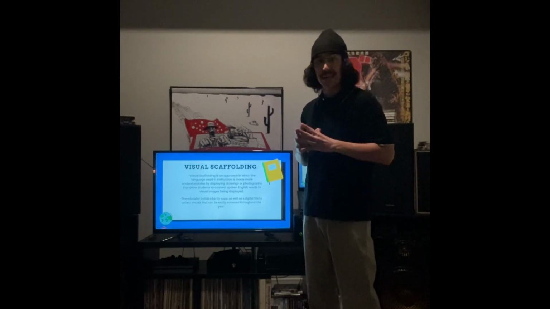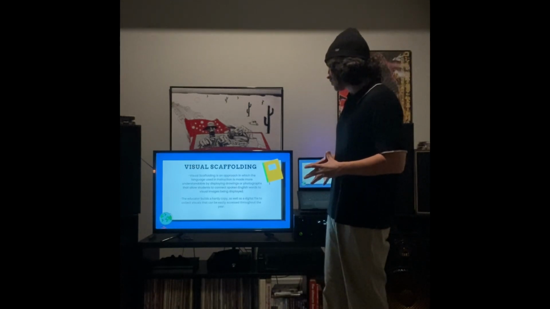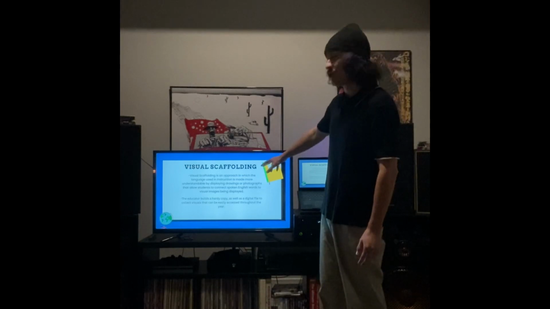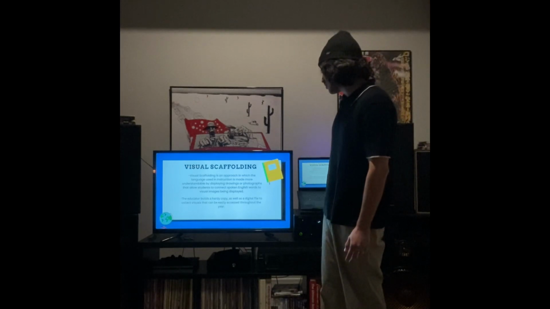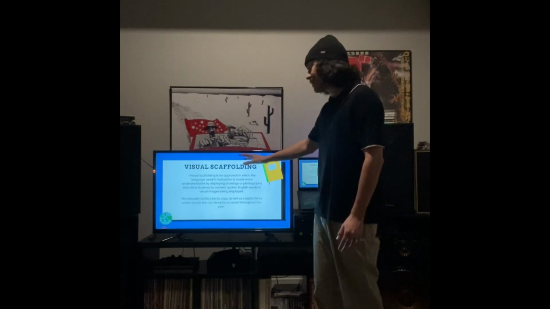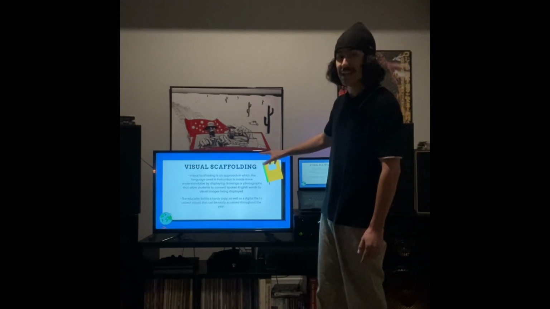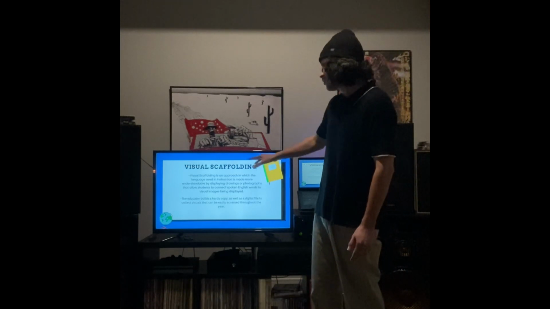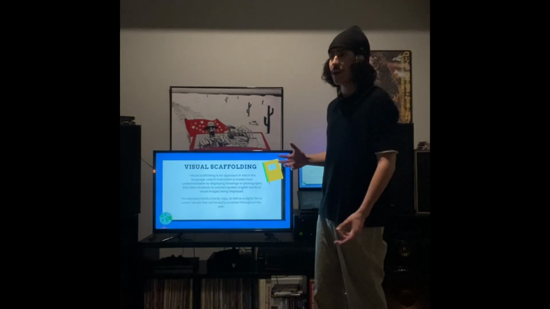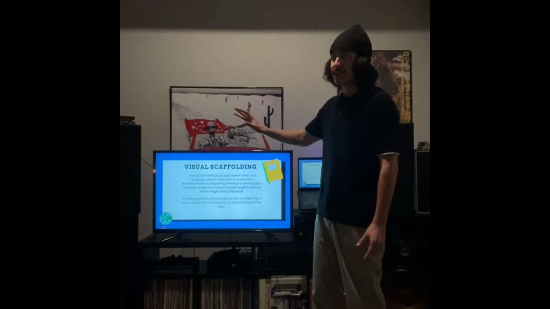So for the first one, I like to start off with number 2, which was visual scaffolding. Basically, visual scaffolding is an approach in which the language used in the instruction is made more understandable. It's done by displaying drawings or photographs that allow students to connect spoken English words to visual images being displayed. And you can either bring in physical copies or use the computer to project